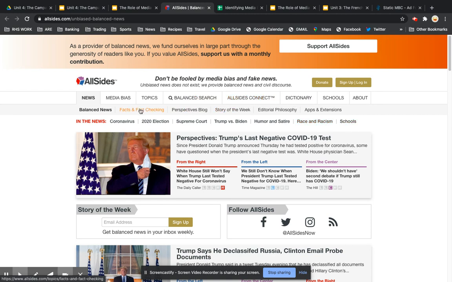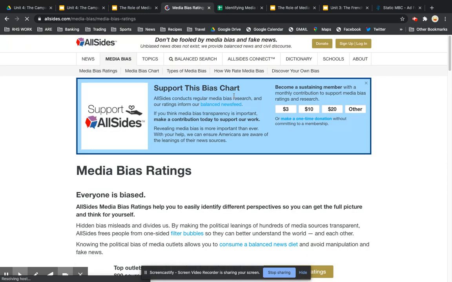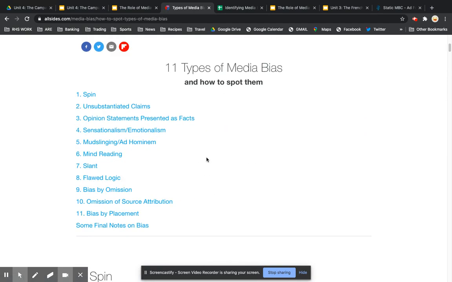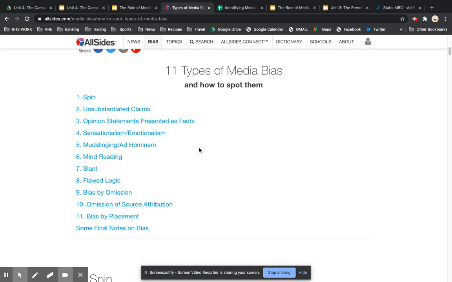So remember, going back to this, you go up to media bias, and then it says types of media bias. We discussed this in class, but I want to make sure you knew how to find it. The 11 types of media bias. You see them listed here, from spin to slant, flawed logic,